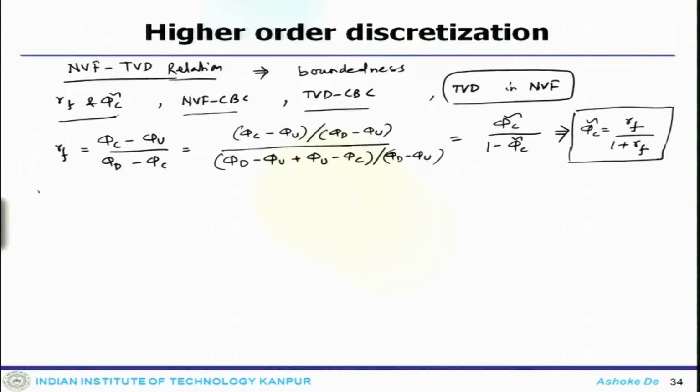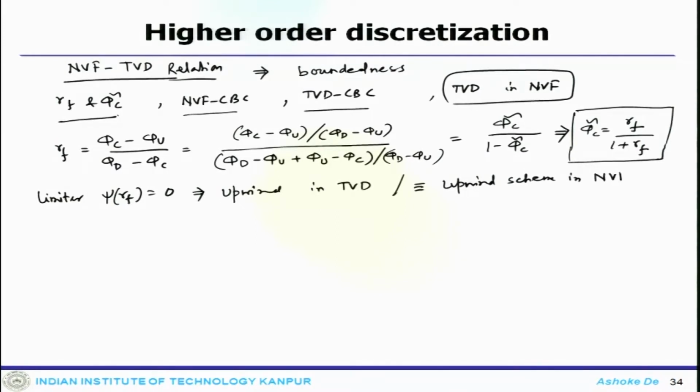So, the limiter psi RF equals 0, which actually represents the upwind scheme in TVD formulation, is also equivalent to the upwind scheme in NVF formulation. That will tell you phi f tilde is equal to phi c tilde. So, this follows the fact that